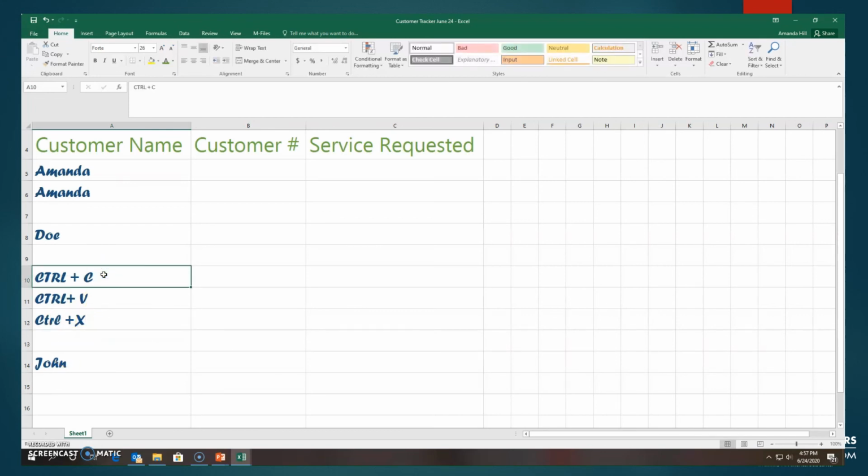So if I do Control C on my keyboard here, you see that it now has what I call these marching ants, or this dotted line. And I could paste it over here in the customer number by doing Control and V. Or if I decided I wanted to cut the Control X out of here, I could do Control X. And it should have cut. Oh, it should, yes, because I've got to paste it now, right? So if I want to paste it here on the customer number, now do Control V,